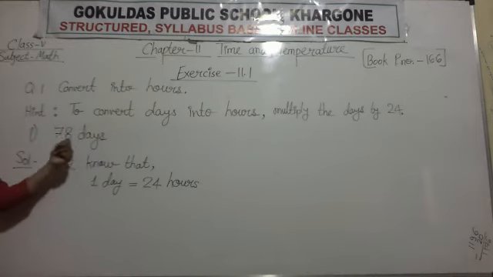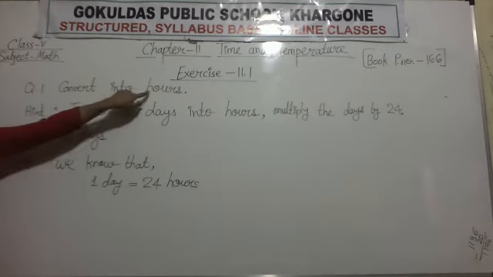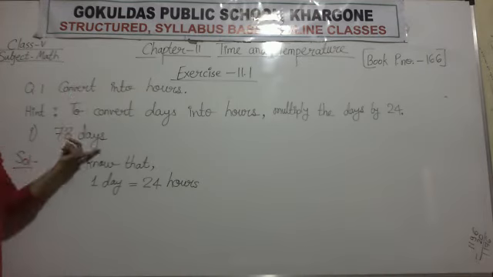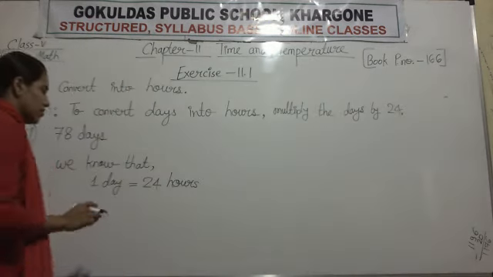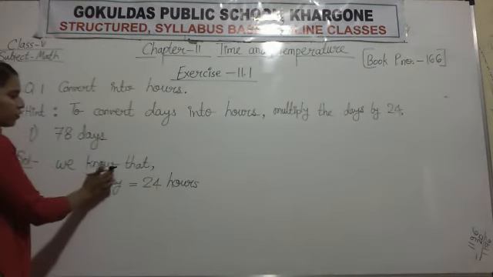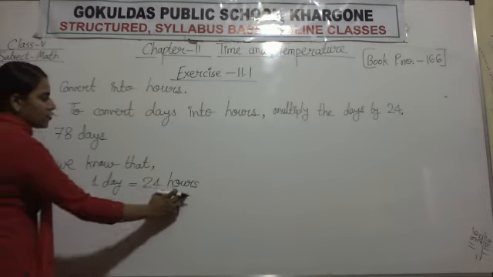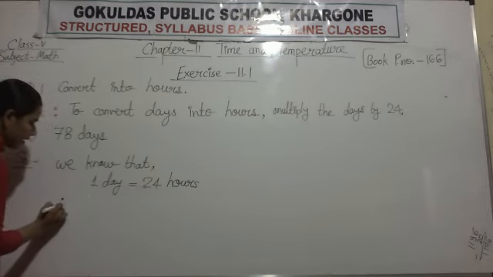And according to the question you want to convert these days into hours. Days is given, convert to hours. What is the trick? The trick is to multiply the days by 24. We know that 1 day is equal to 24 hours. Therefore